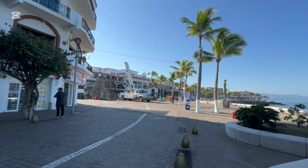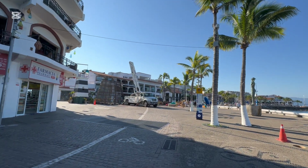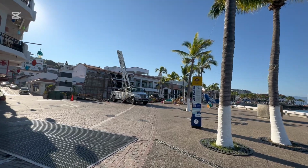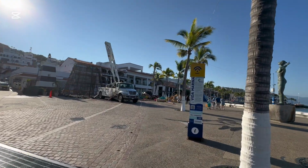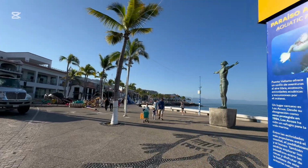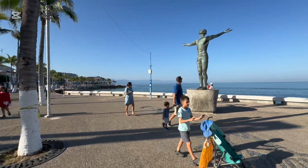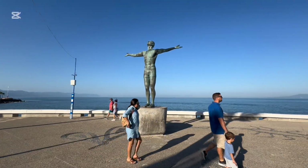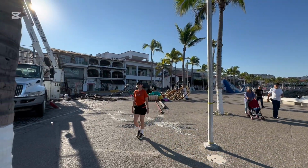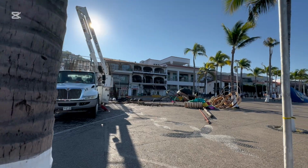So we're now entering the main section of the Malecon. Generally when there's any event like Christmas decorations or the Day of the Dead, they put all their decorations here. Right now they just completed the Day of the Dead festival really 3 weeks ago, and they are now dismantling the sculptures. So they got some cranes in here. They had the largest Katrina in the world,